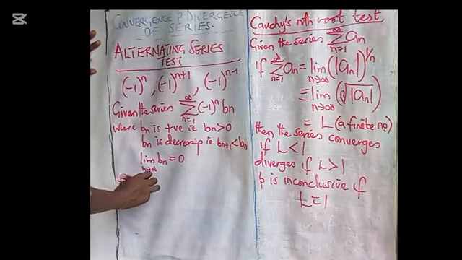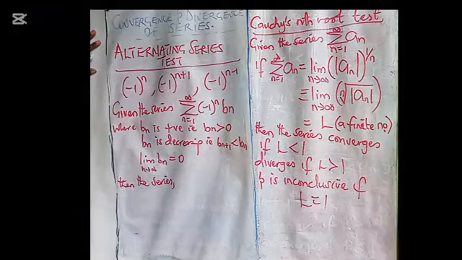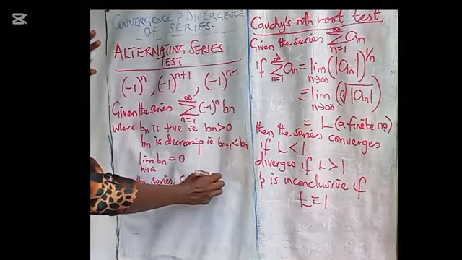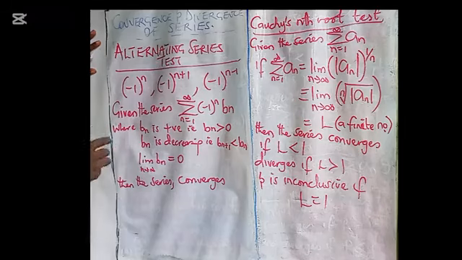then the series, according to the alternating series test, converges. If any of this is not true, then it means the series